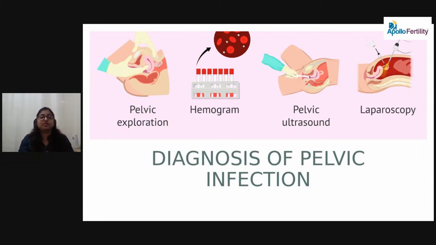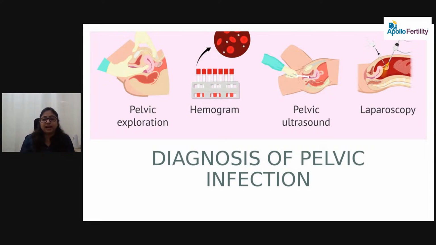Now, after the examination, your doctor will advise some blood tests. These blood tests are basically to see if any infection is there. Many a times, for many specific infections, we do blood tests. Sometimes if there is any abnormal discharge, your doctor may take a swab sample, which is sent for bacterial culture. In the lab it is cultured to find which infection is there, and which antibiotic will be suitable to treat that infection.